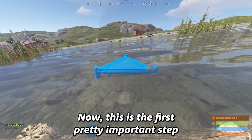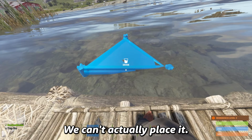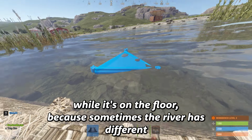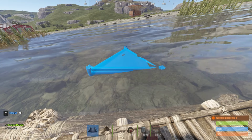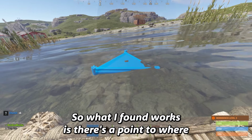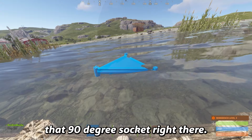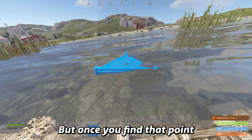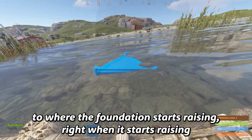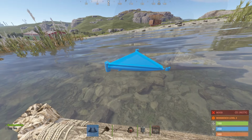Now, this is the first pretty important step. In order to place our foundations, we can't actually place it. There are some instances where you can, but usually I can't place it while it's on the floor because sometimes the river has different heights and levels, so it causes our foundation to move. So what I found works is there's a point to where the foundation grazes on the floor and then it starts to lift up, that 90-degree socket right there. But once you find that point to where the foundation starts raising, right when it starts raising, hold Alt, place your foundation,